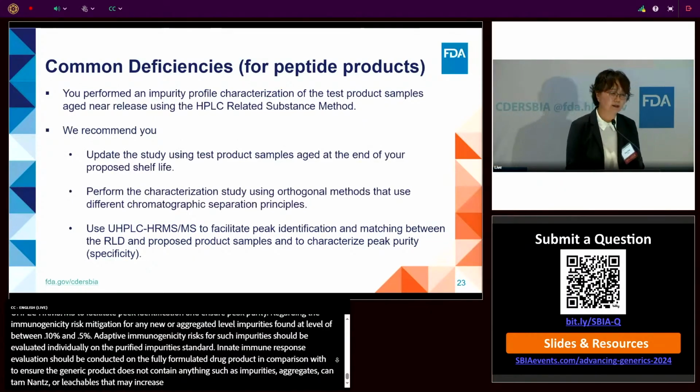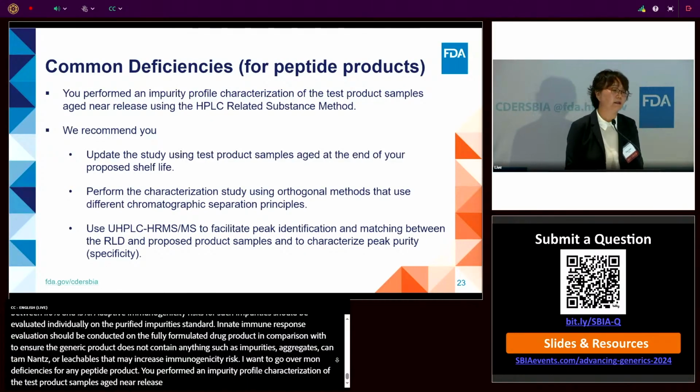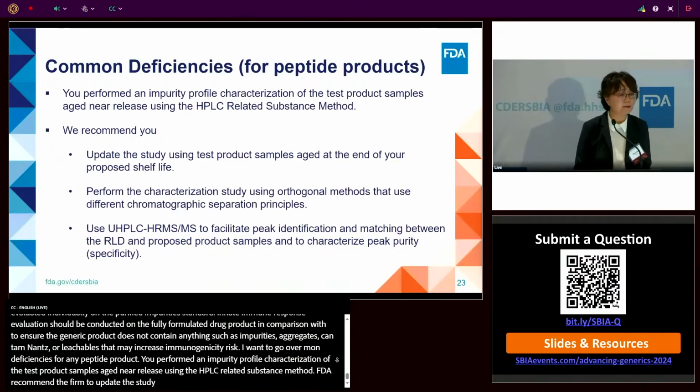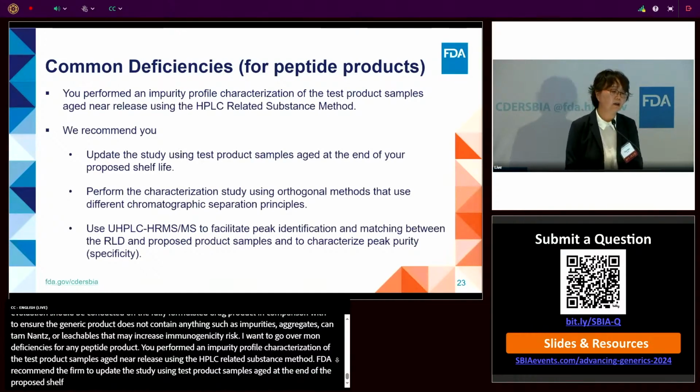Next, I want to go over some common deficiencies for any peptide products. The first example, the firm performed an impurity profile characterization of the test product samples aged near release using the HPLC-related substance method. FDA recommends the firm update the study using test product samples aged at the end of the proposed shelf life and perform the characterization study using orthogonal methods that use different